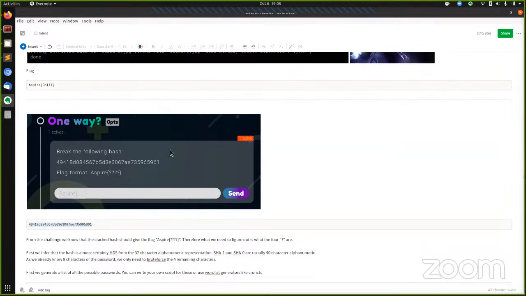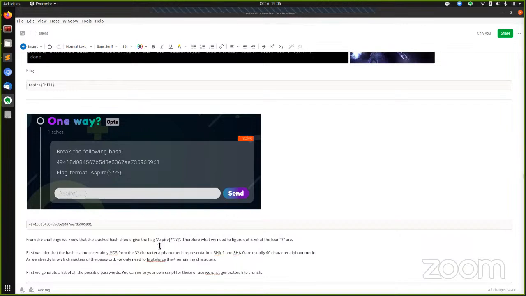And what we can immediately tell from the challenge is that based on what the flag is going to be, we have been given a hint in that the length of the flag in between the curly brackets, we have 4 question marks. That means that we have 4 unknowns. So that helps us narrow